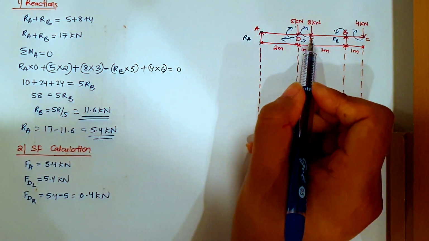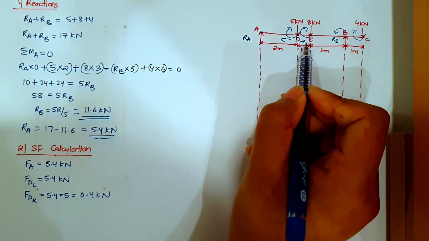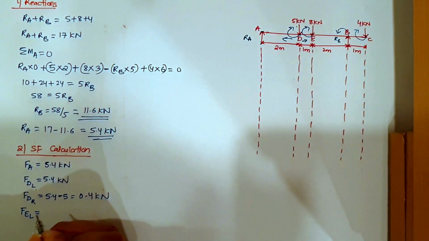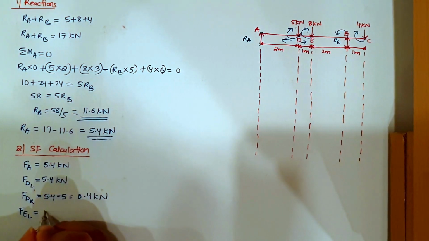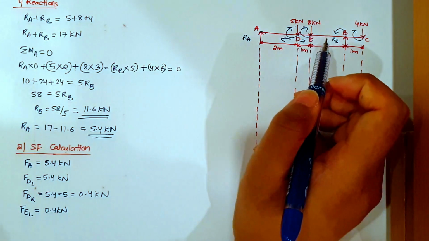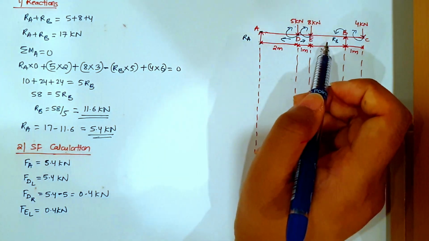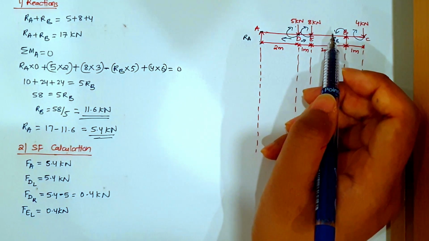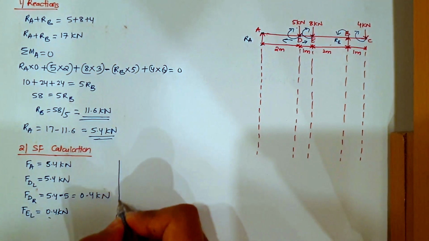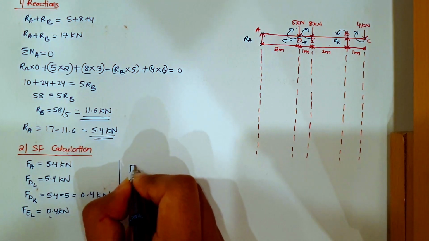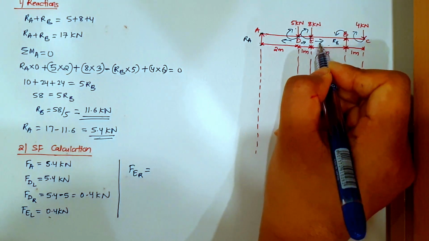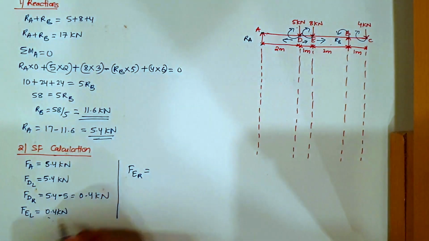Next, let us find force at E and to the left hand side of E. Force at E, left hand side of E. The last force that we got is 0.4 kilonewton. Now is there any force in between D and E? There is no force in between D and E, so it will remain 0.4 kilonewton only. Similarly, force at E, right hand side of E. Now the right hand side, this side. The last force that we got is 0.4